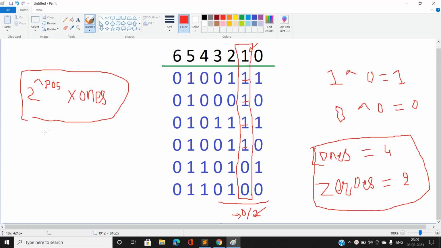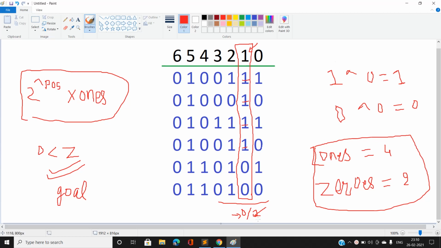So our optimal case would be what? If ones, O, is going to be less than zeros, Z, this is our goal. Our main motive is to make the number of ones less than the number of zeros. So if the number of ones here you can see is 4, then I will take 1.